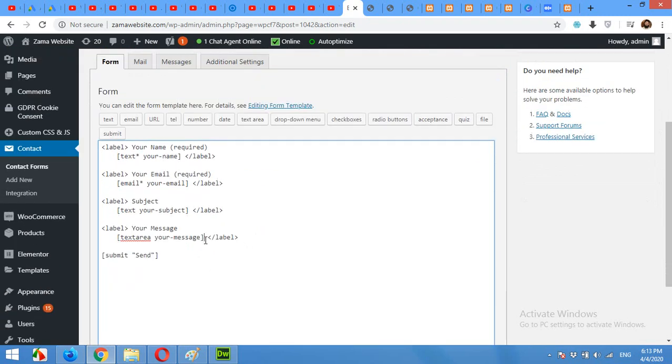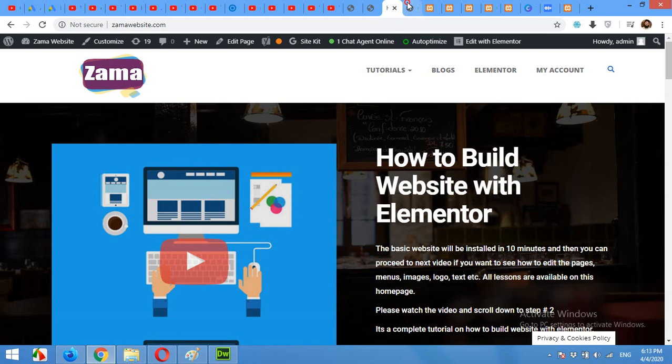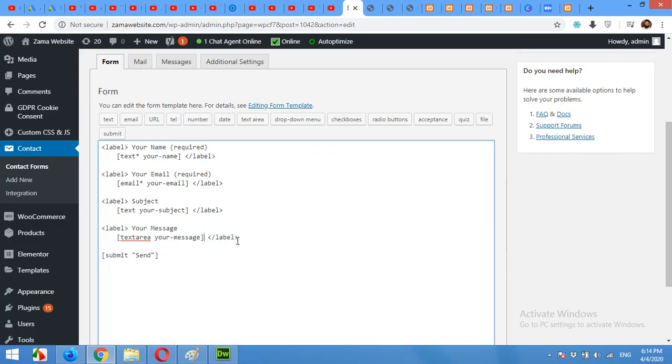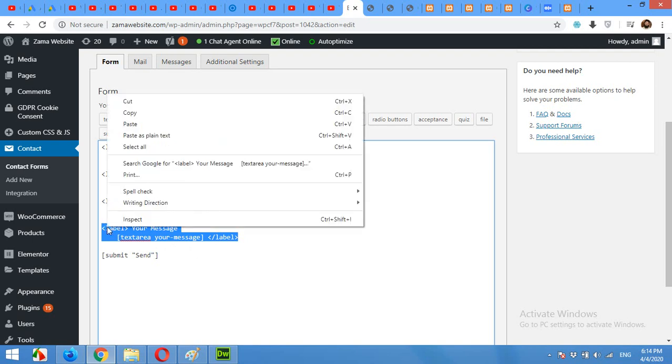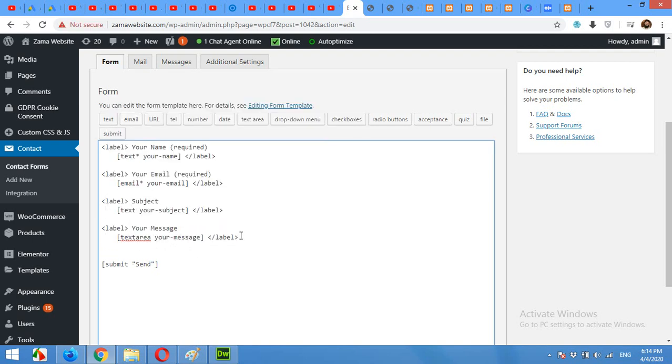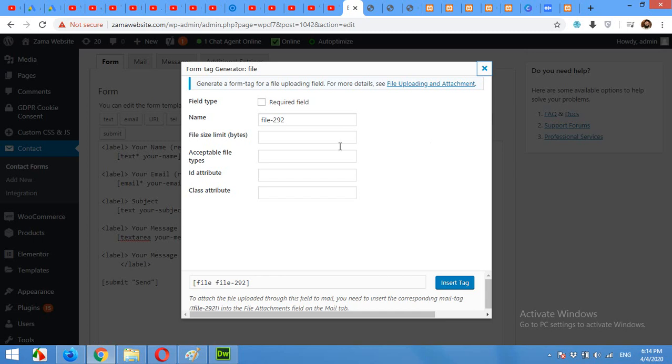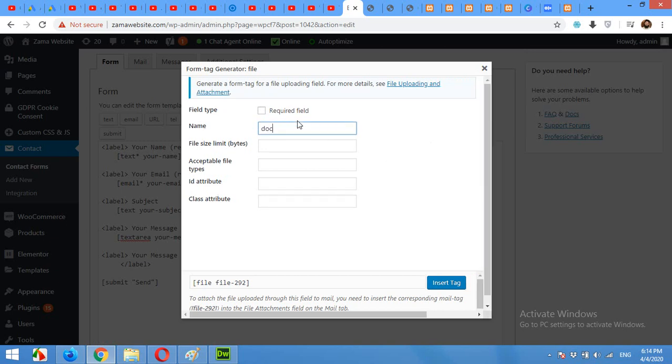So for adding the file field within this form, I'll have to copy a field and paste it here, remove this shortcode and click on file. I'll not click on required field because it will be optional. Okay, I'll name it doc. File size limit will be up to 5 MB,